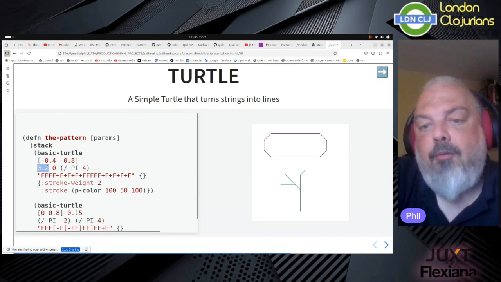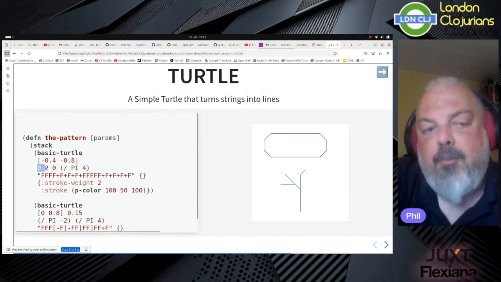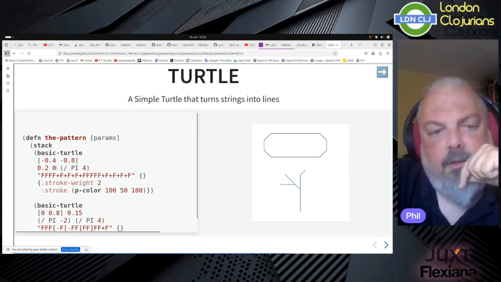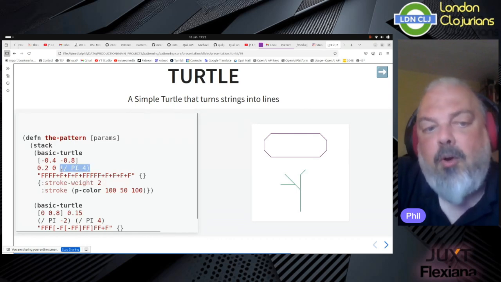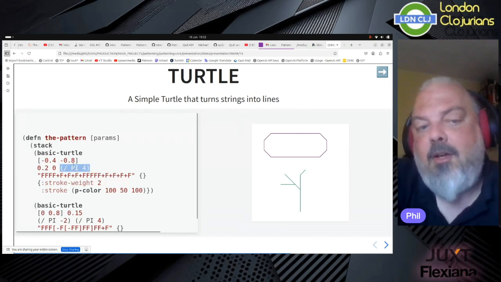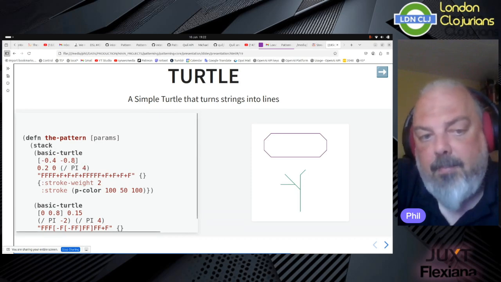Then a length of the standard forward movement, in the X and Y coordinates, I think, if I remember correctly. I might have to check that. And then what is the standard turning angle that you'll make, either turning right or left? And then this is